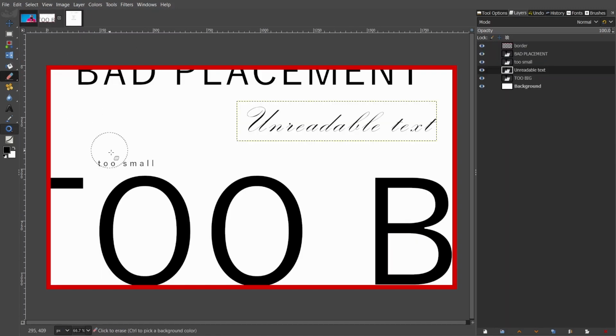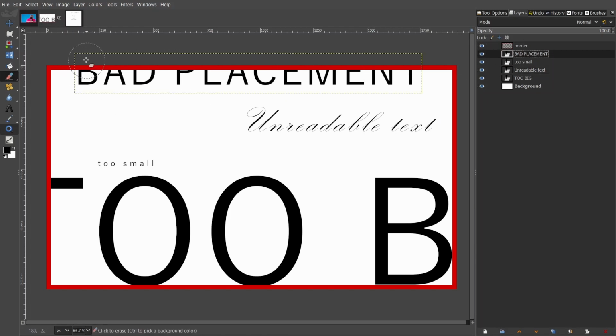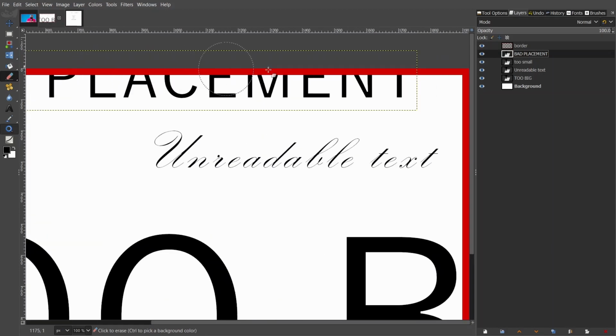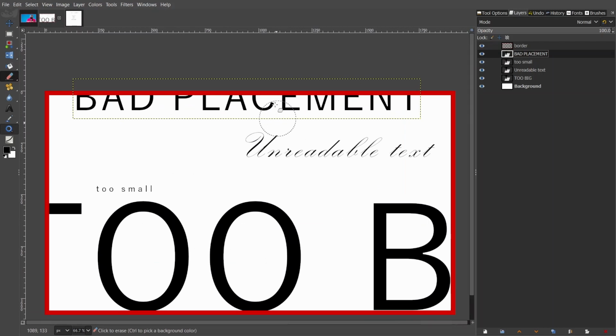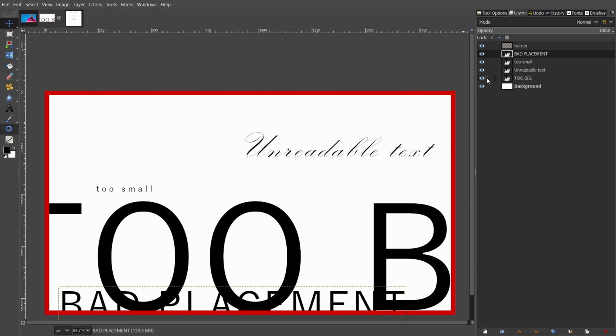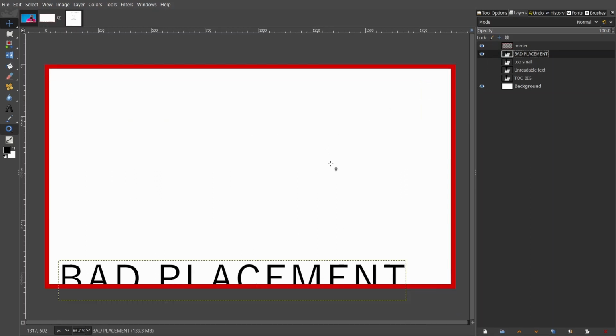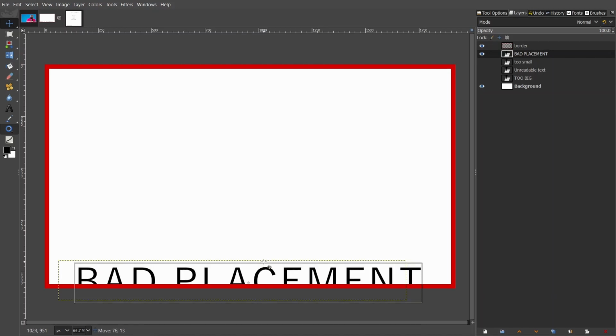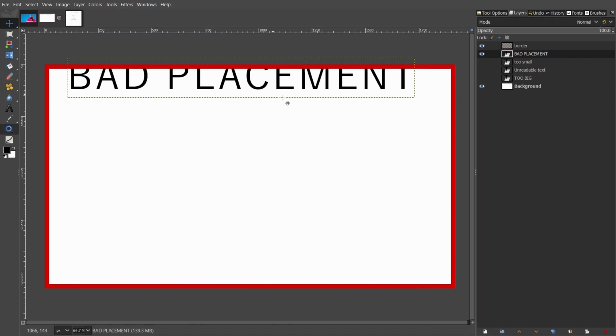Moving on to text. There are a couple of problems I see a lot of people have. Bad text placement is one of them, where like the top of the letters is being cut off so you can't read it very well. This goes for both cutting off the top, or if this was towards the bottom, cutting off the bottom. Let's hide these other layers real quick. So this would be bad placement, kind of having it run off,